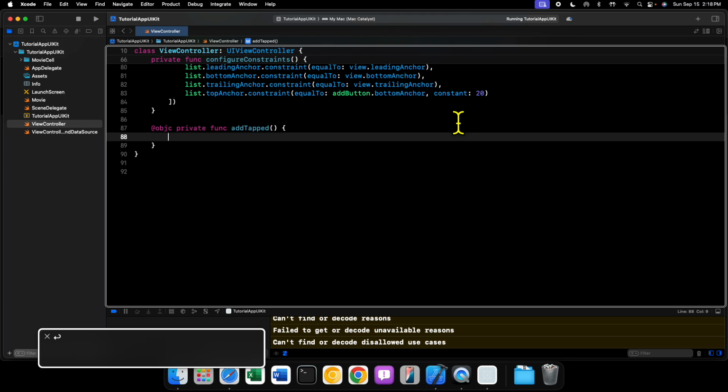Well, the first thing is we need to make sure that our title and release year fields have actual text inside of them. We want to make sure that the text property is not nil. And then we also want to make sure that the release year can be parsed to an integer. And we can do all of those things using a single guard statement. Let's go ahead and do that first. So inside of the action method of our add tapped method here,